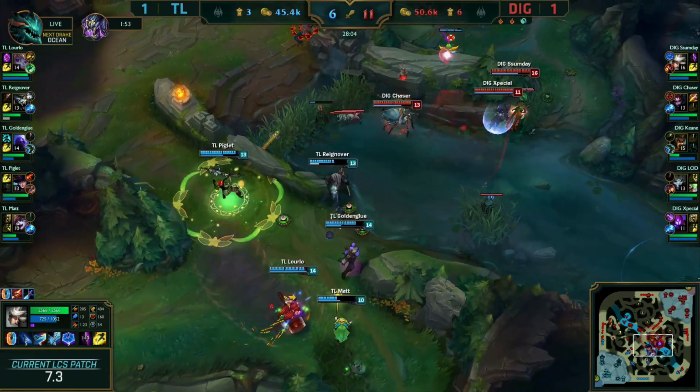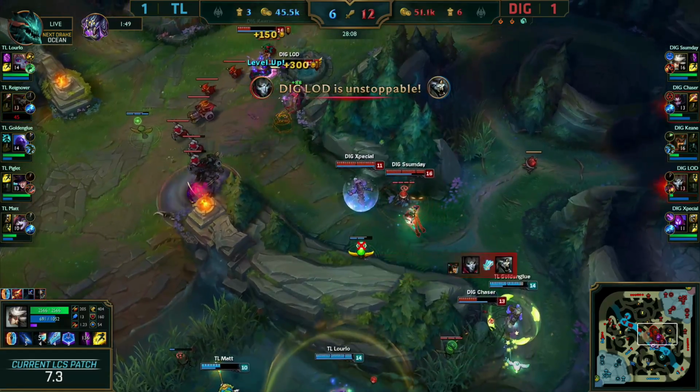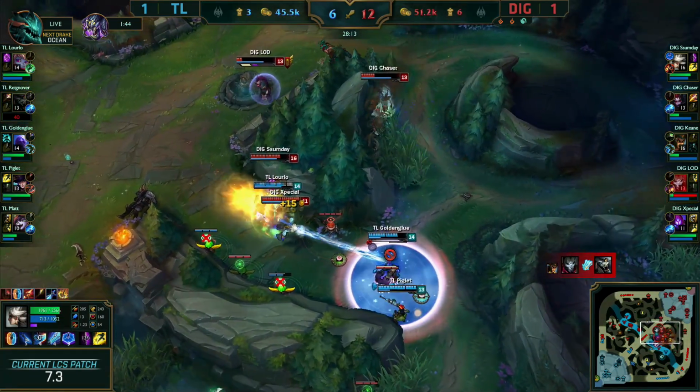Wild Growth cast onto Piglet. Not going to be accomplishing much at all. Lod blocking up that ace in the hole, keeping herself alive and finds the shot at the back end of it to get the kill onto Rainover in